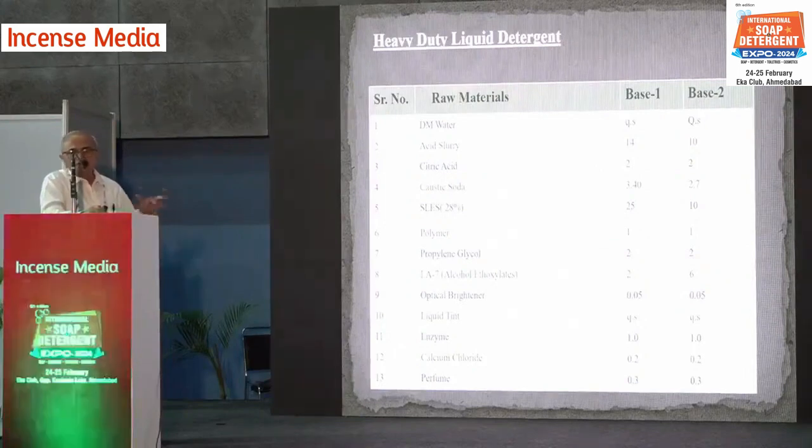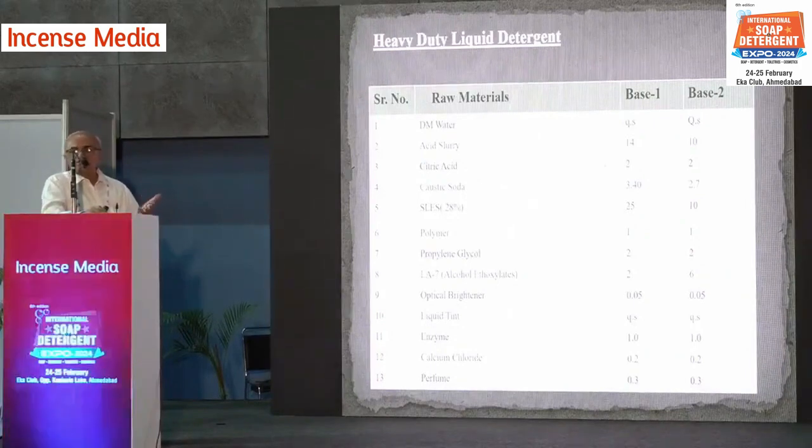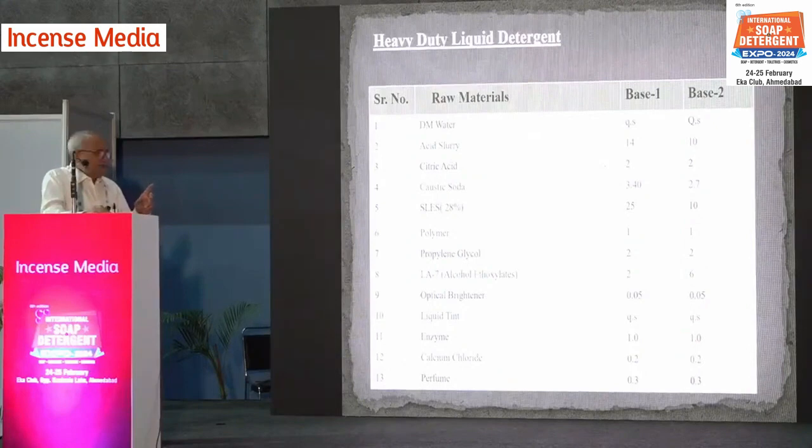If you want to make a low foaming detergent suitable for front load machines, we have to reduce anionics and increase nonionics to control the foam. In that we have reduced Lepsa, SLS is also reduced, and we have added lauryl alcohol and nonionics. Many types of nonionics are available, nonyl phenol ethoxylate, lauryl alcohol ethoxylate. You can increase the nonionic. Here we have mentioned 6%, and it can go up to 15% or 20%.